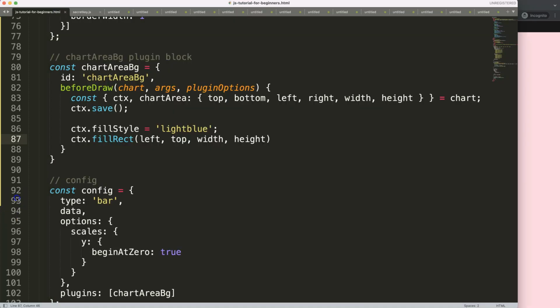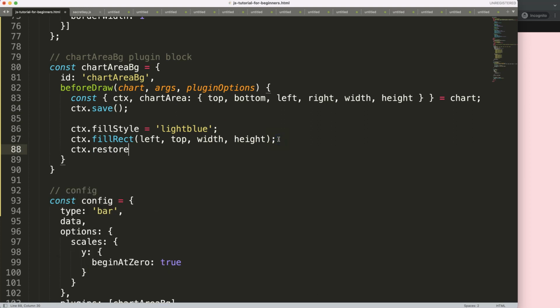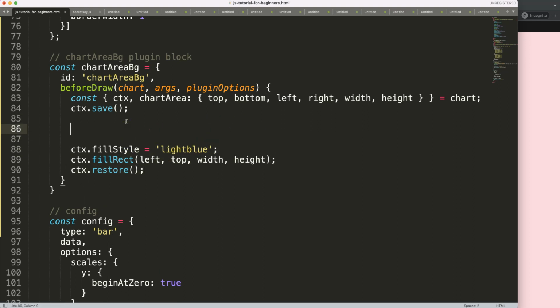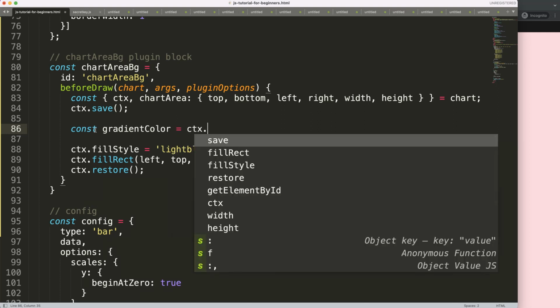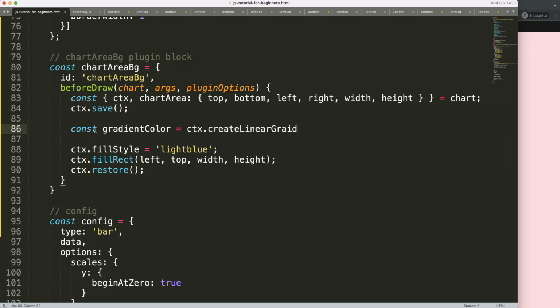So they're all visible. So what I want to do now is put a semicolon here, and even before we do anything else, ctx.restore to reset anything we have done above. And then I want to start to change this, because this is light blue, but I want to have a color. So we're going to create a constant, and we call it gradientColor. This is basically a ctx command, a command in canvas to draw a linear gradient color. So it's ctx dot createLinearGradient,